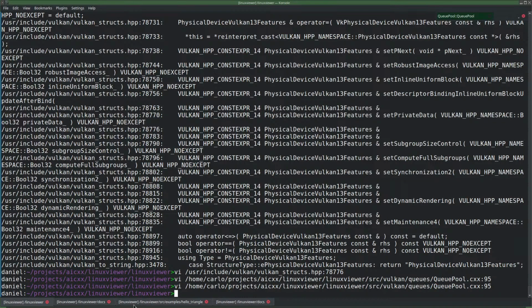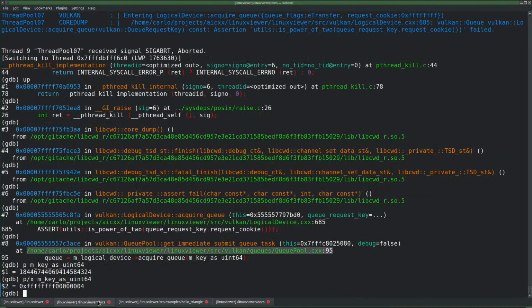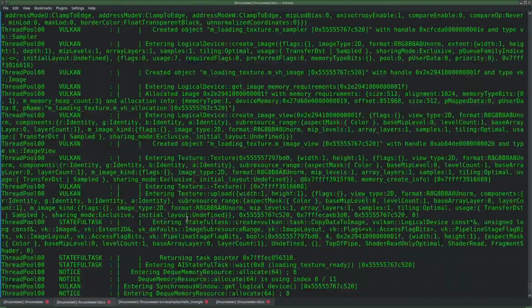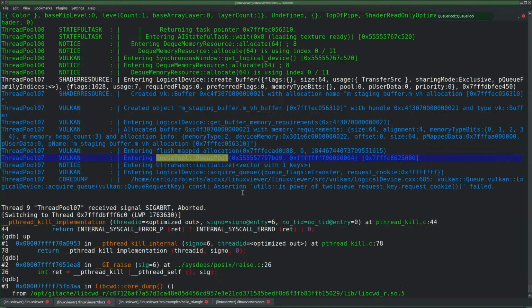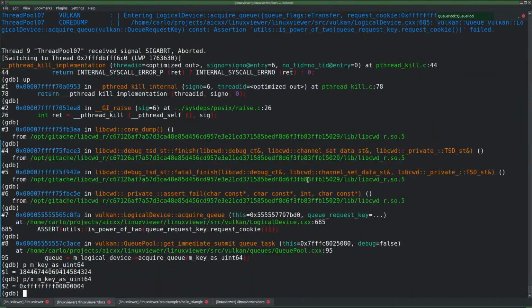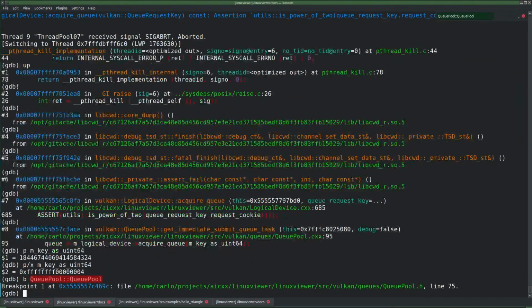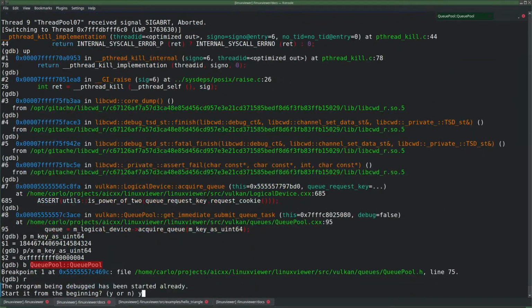I ran it from here. Yeah, there it is. I need a breakpoint here to understand where this FFF comes from. Break there, run from the beginning,